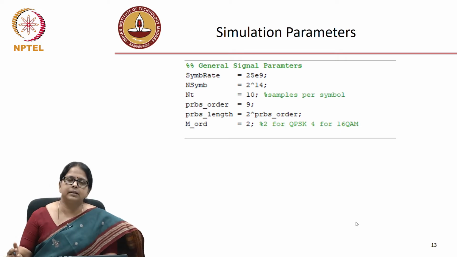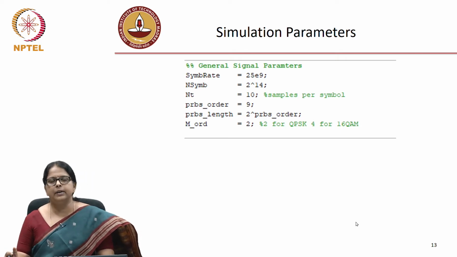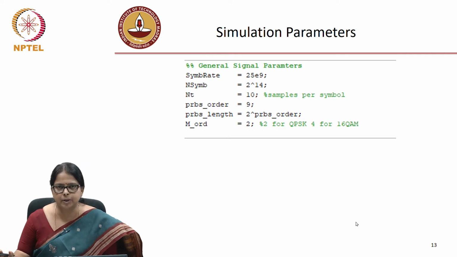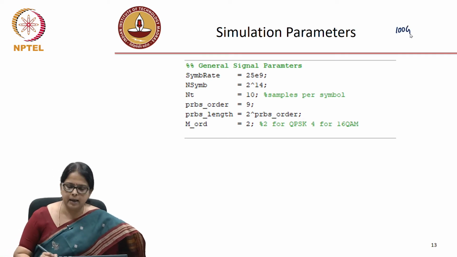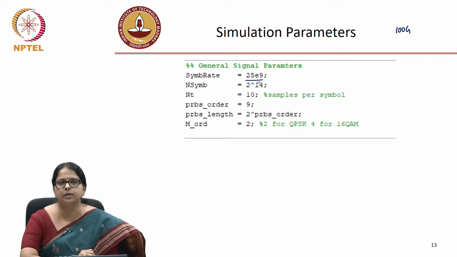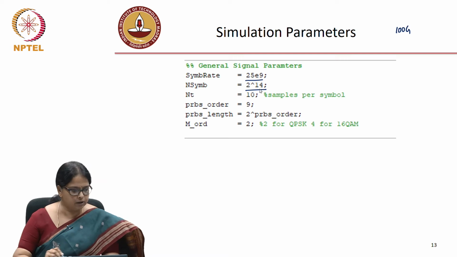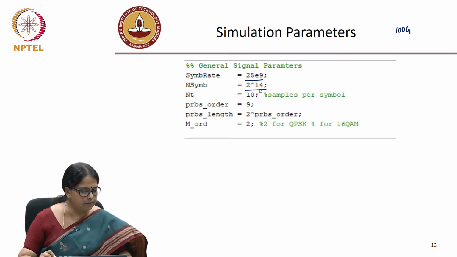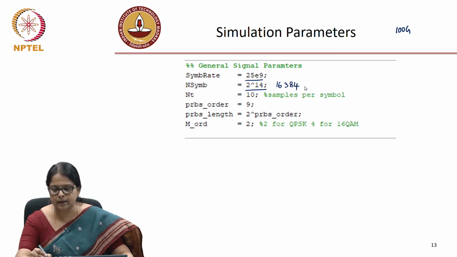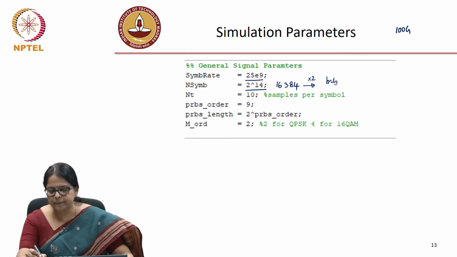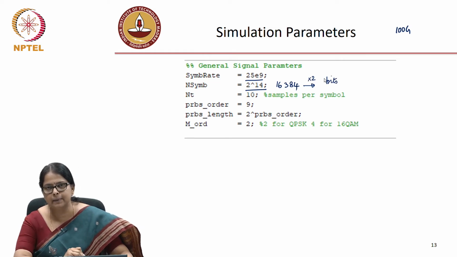So, I am going to start a case study where we are going to take a typical transmission system. Let us take our 100 gig transmission system and the symbol rate is 25 gigabaud, 25 into 10 power 9. Let us say we are trying to analyze now 2 power 14 symbols, which would mean about 16384 symbols, and that would correspond to multiplied by 2 bits in case of QPSK, multiplied by 4 in case